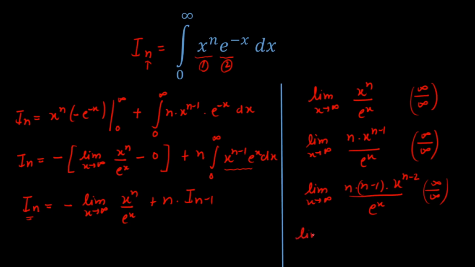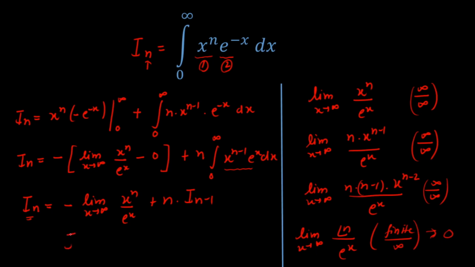So as soon as I write all the derivatives, as x is tending towards infinity, I'll get n factorial in the numerator, because I'll be getting n into n minus 1 into n minus 2 and so on up to 1. In the denominator I'll be getting e raised to power of x. Now see here, this is a finite value because this is for any index n. Divide by e raised to power of x, and here x is tending towards infinity, so this is infinity. Now a finite value upon infinity is tending towards 0. So the value of this limit will be 0.